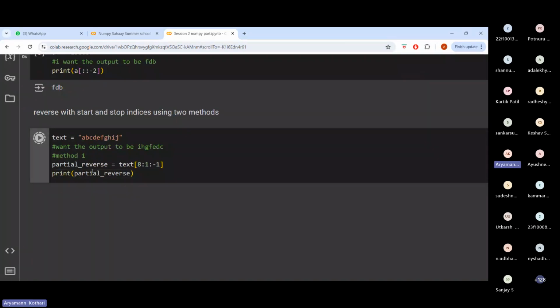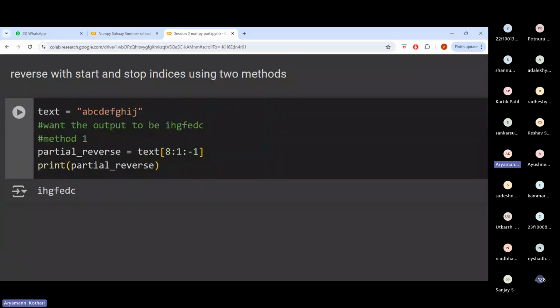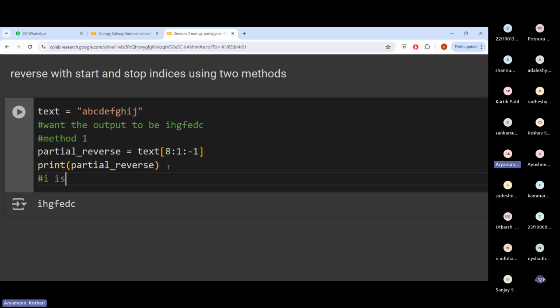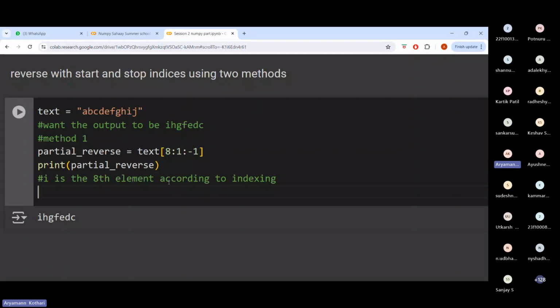So guys, as you all can see, the output is correct and I'm getting the required output. Now, can anyone explain how this code is working? What's happening over here is we're starting at the eighth element according to indexing. So that is 0, 1, 2, 3, 4, 5, 6, 7, 8. So we're starting at I. I is the eighth element according to indexing, and we will go all the way up till